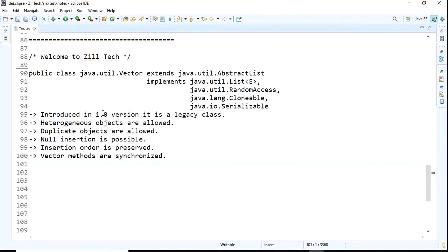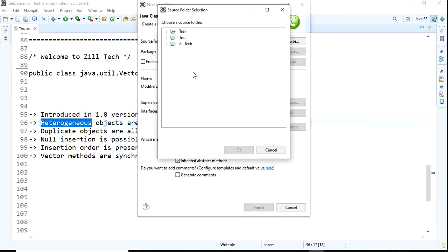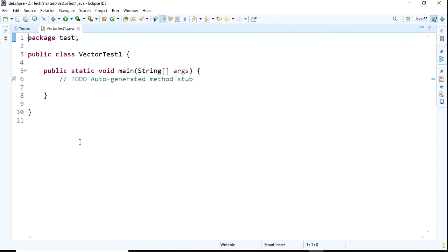First I want to discuss heterogeneous, then we'll go with type safe. Taking one class, in package test, I am naming it VectorTest1 with public static void main. Click on finish.